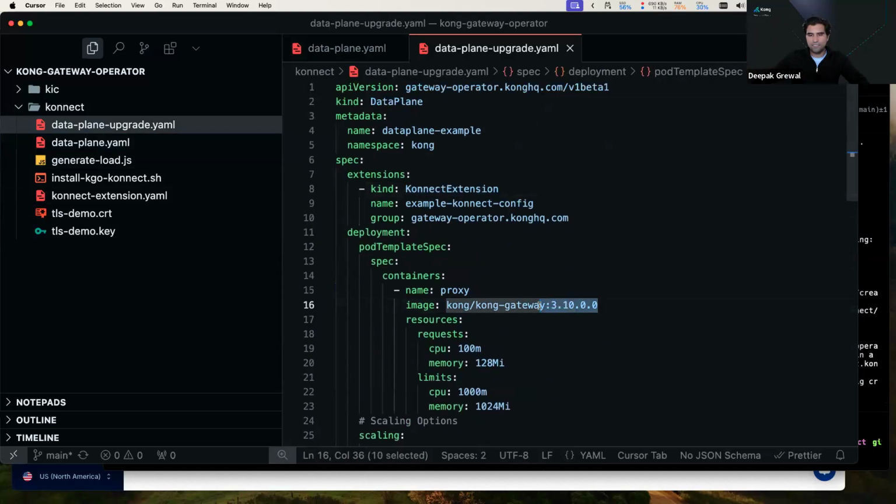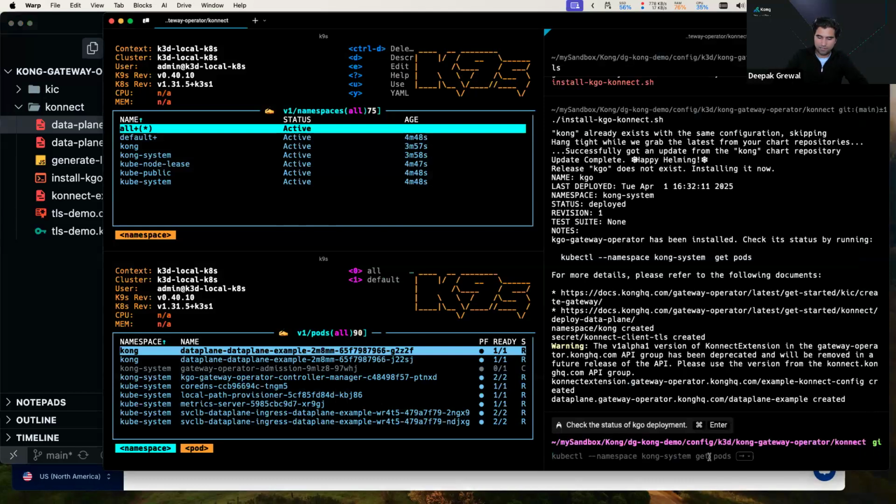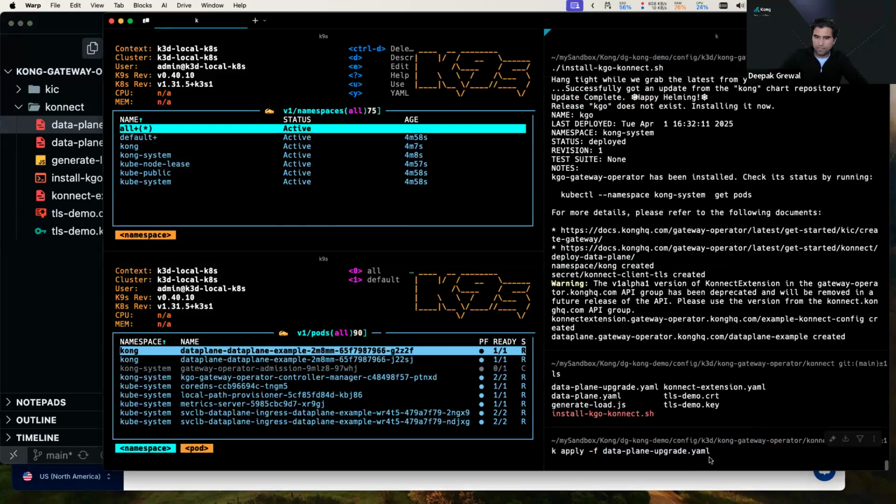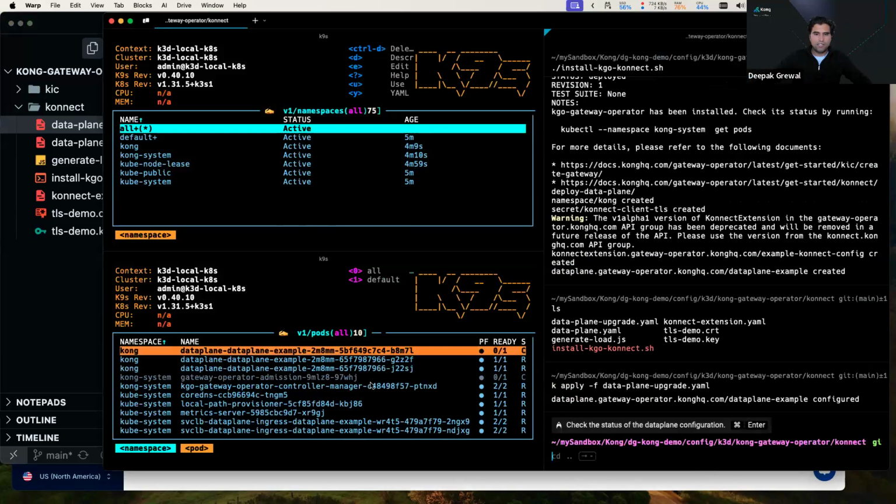All I've changed is to a new version of the gateway, which is 3.10. And if I were to go in and apply this new version, so kubectl apply data plane upgrade,